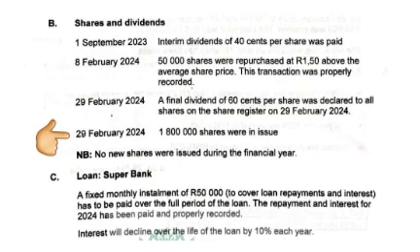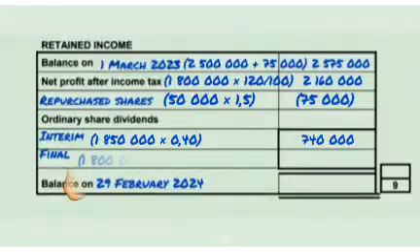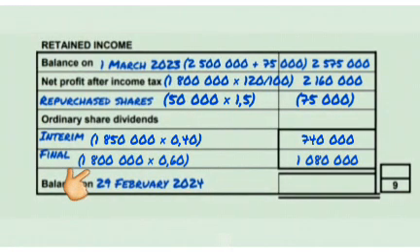For interim, we had not bought back, so that's why we had to add back the 50,000 to the 1.8. But on the 29th of February we had bought back, because the buyback happened on the 8th of February. Now it's the 29th of February, so we are going to calculate 60 cents on only 1.8. So as you are seeing there, it's 1,800,000 or 1.8 million, and we are going to multiply it with 60 cents, and it gives me a final dividend of